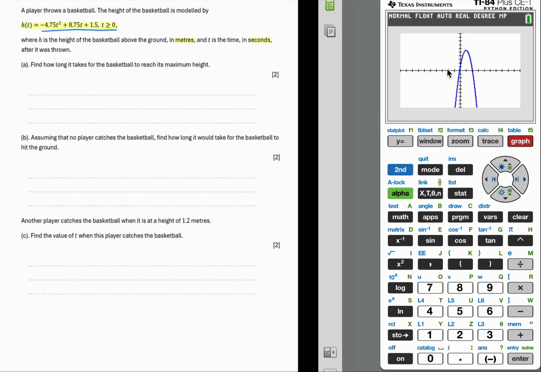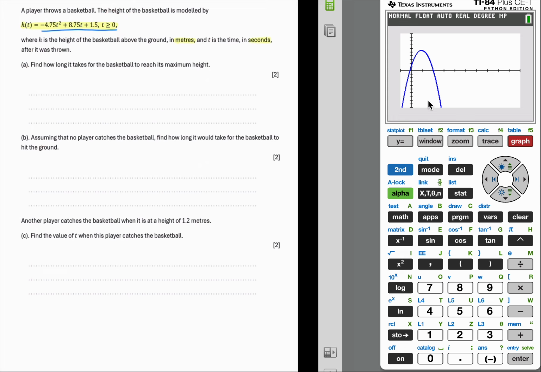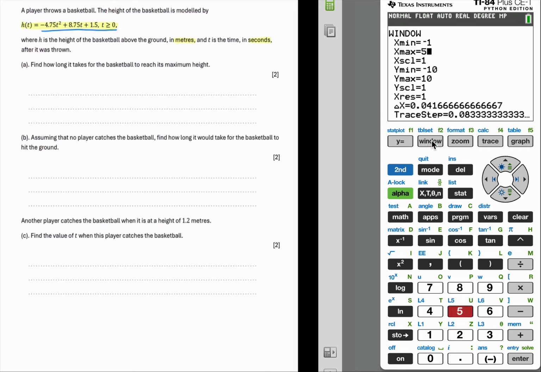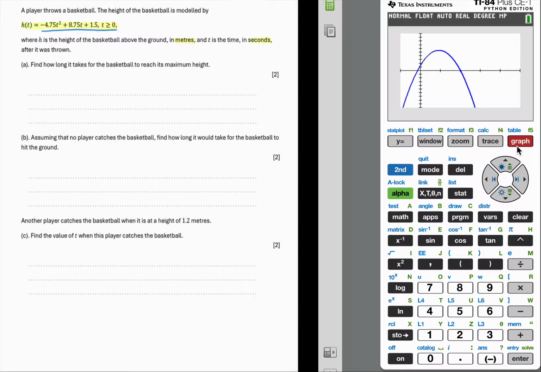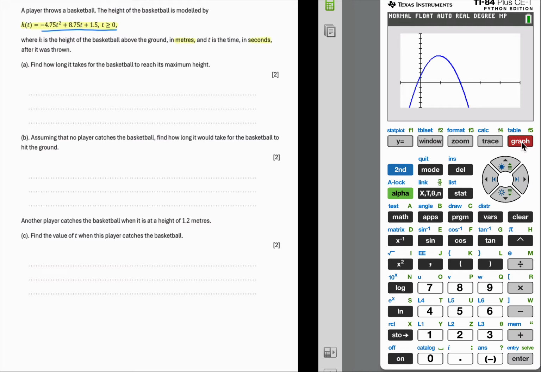And then we don't need any negative in the x direction, or t, which makes sense because that would essentially be our negative time, which we wouldn't want. So I'm actually going to type -1 just so that we can still see the y-axis, and I probably only want to go up to about 5. So we're starting to see this much clearer now. Let's take off a little bit from the negative y side, and we have a much clearer graph. So you can see this ball has been thrown from this height, it's reached a maximum point